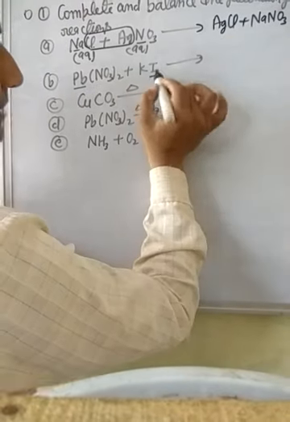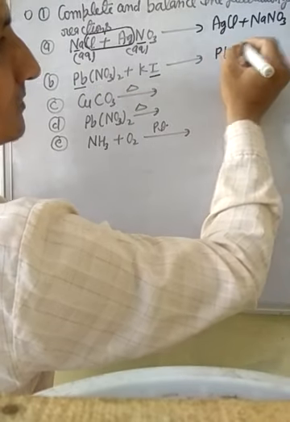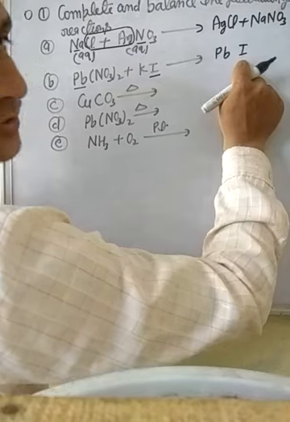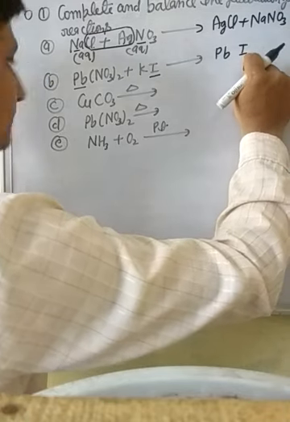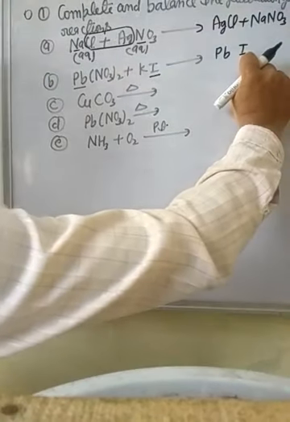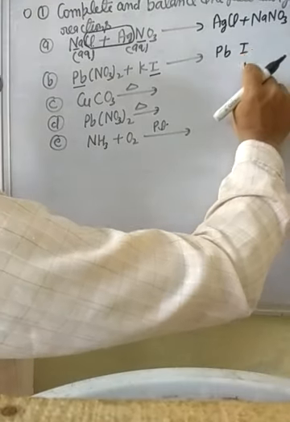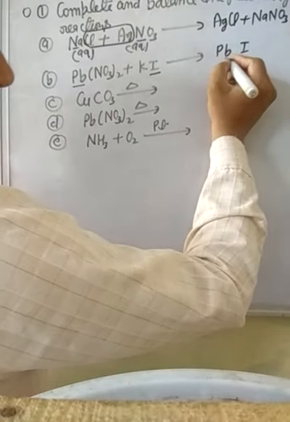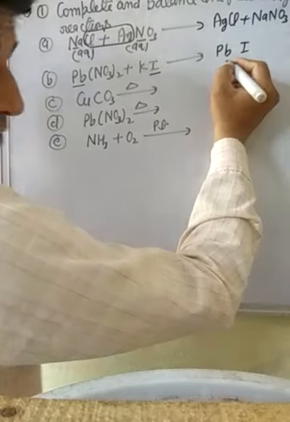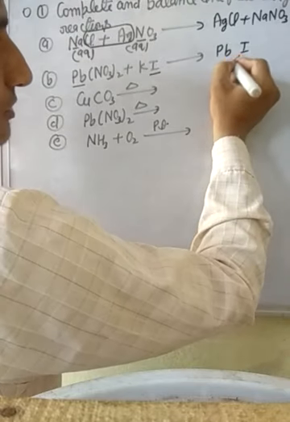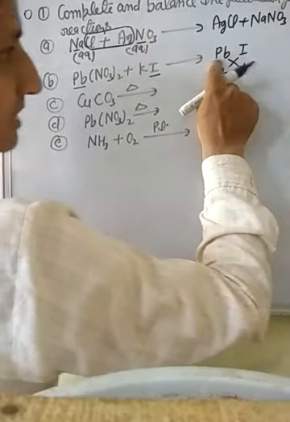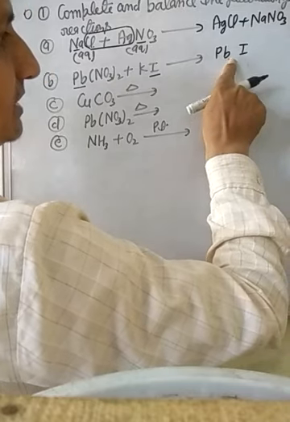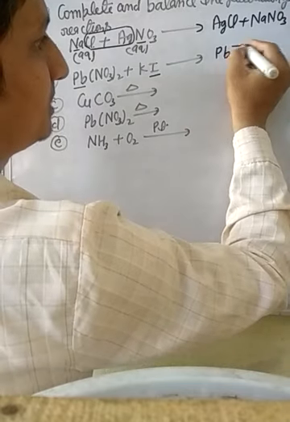Okay. Next, Pb reacts with iodine. Valency of halogen iodine is 1. Its atomic number is 53. In the last shell, 7 electrons are present. Valency 8 minus 7 is equal to 1. And valency of lead: atomic number of lead is 82. Its valency is 2. Cross multiply. We get formula PbI2. So we get lead iodide PbI2.